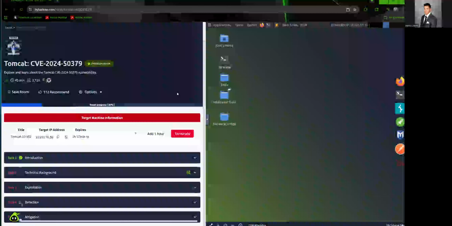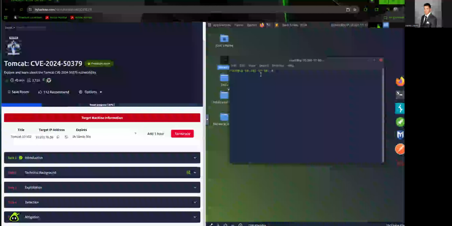All right. Click the Start Attack Box button at the top of the page and wait for it to load. Furthermore, click the Start Machine button below to get your target system up and ready. All right, please allow 5 minutes for the target system to properly boot. Once both systems are ready, open the terminal on the attack box to follow along. All right, let me go ahead and include the blank machine. There's the machine. I'm just going to go ahead and open up a terminal real quick. And it's got all our IPs here. So this is good.